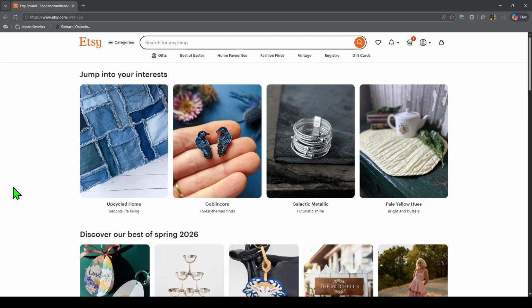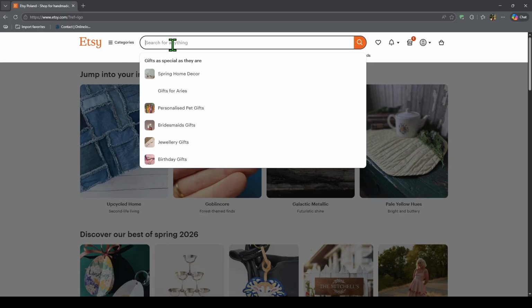In this video, I'll show you how to find hidden niches on Etsy using trending keywords. First, go to the Etsy website and start typing a product idea into the search bar. As you type, Etsy will automatically show suggested search terms. These suggestions are based on what real buyers are currently searching for, which makes them a great source of trending